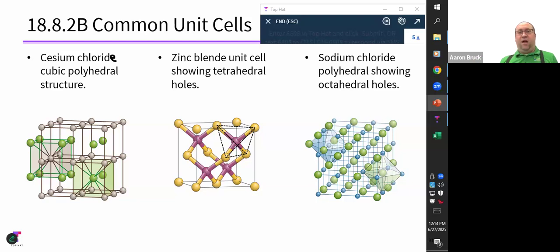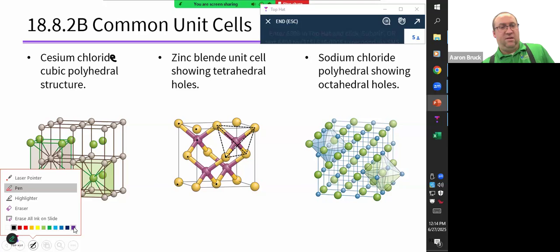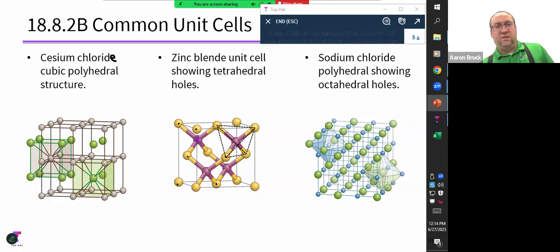In tetrahedral, we see something like this. This is called zinc blende. And in the zinc blende structure, what we can see is that we've got sulfur forming this tetrahedral kind of array. So it looks like a full-on unit cell. But we can see that with these zinc sitting in the holes,